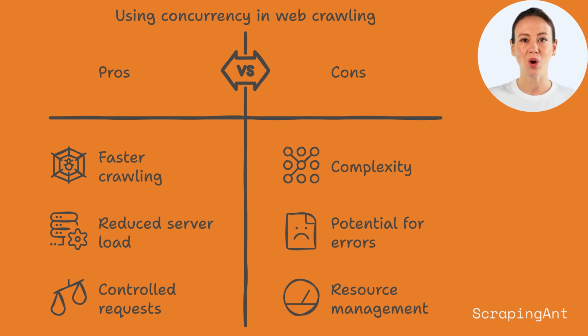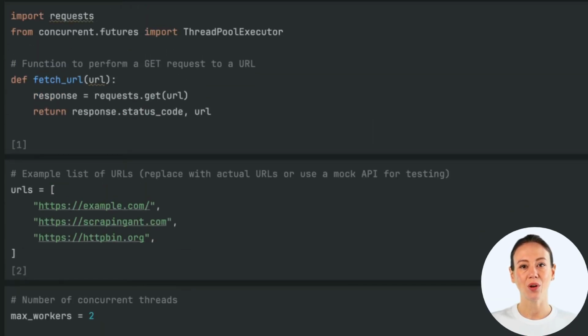Let's start by importing the necessary libraries. In the first block, we'll import requests and ThreadPoolExecutor. We also define a simple function to perform the requests. Here, the fetch_url function takes a URL as input and performs an HTTP GET request to that URL using requests.get. It returns the HTTP status code and the URL so that we can see if the request was